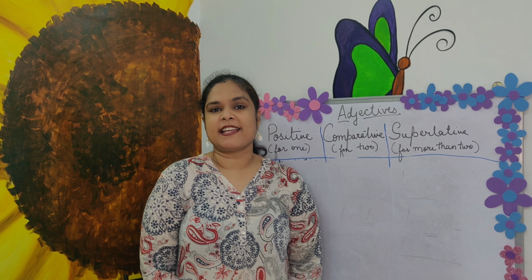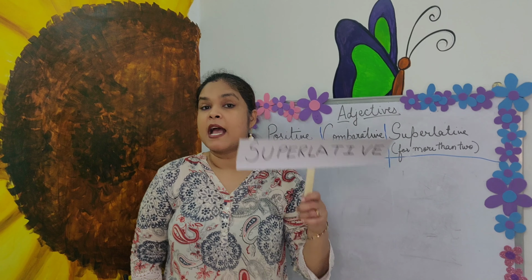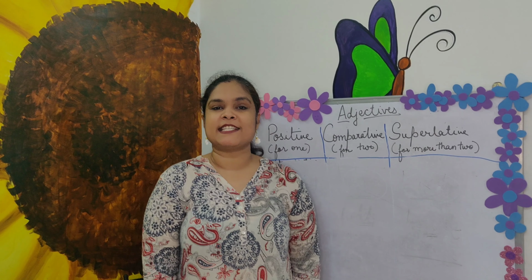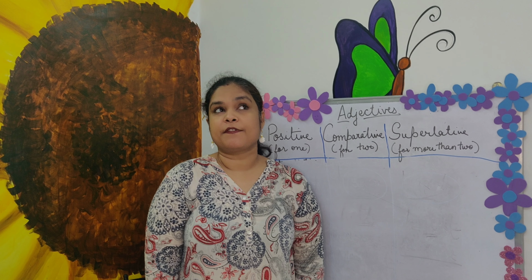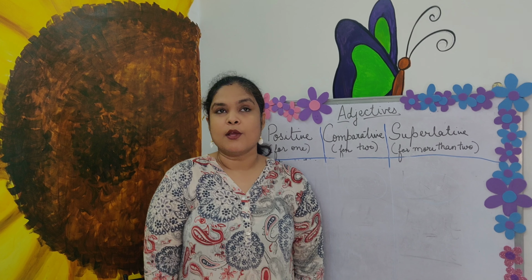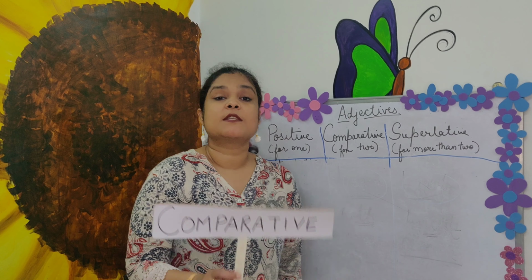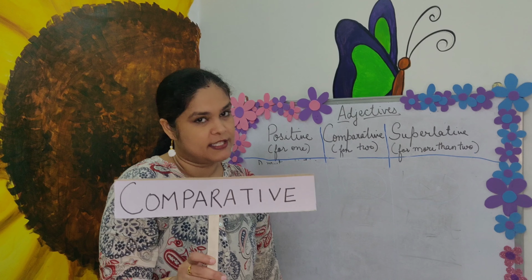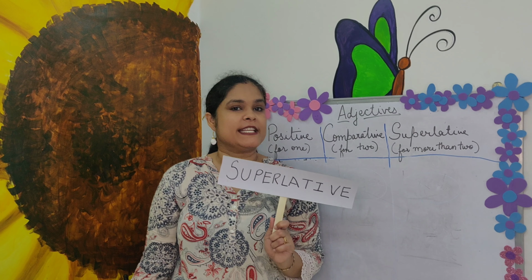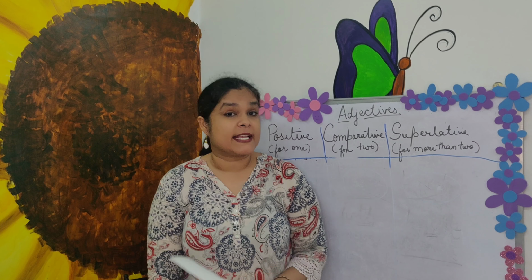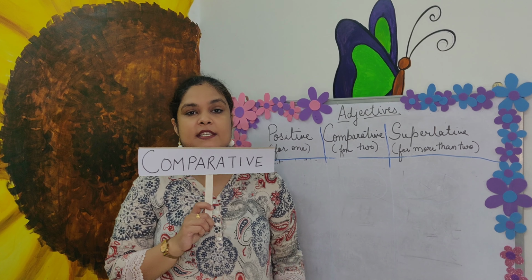Bright is positive. Brighter is comparative. Brightest is superlative. Difficult. Difficult is what? So more than 2 syllables, right? So difficulter and difficultest is no. So difficult becomes more difficult in its comparative form and most difficult in its superlative degree. So these were a few examples which we took and we tried to understand about its comparative and superlative